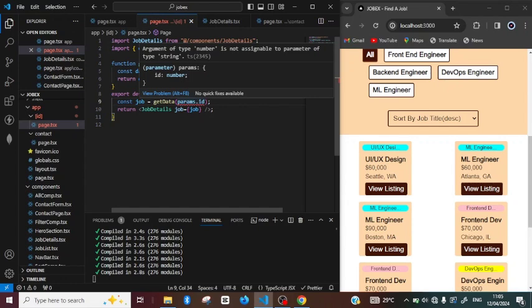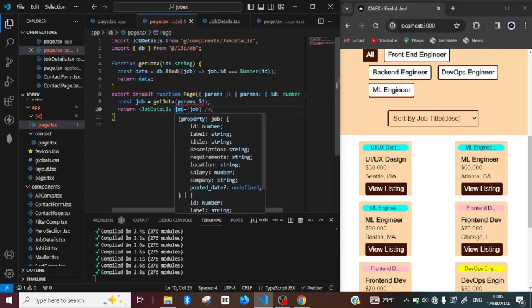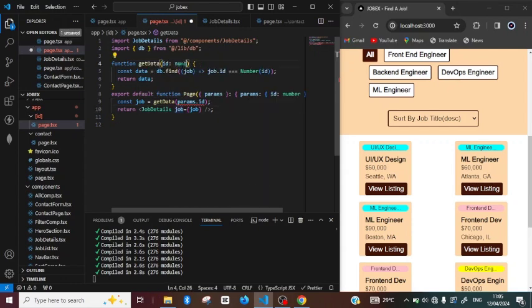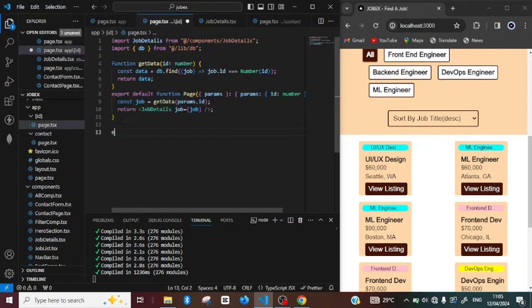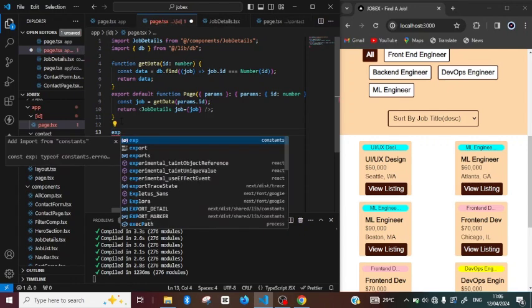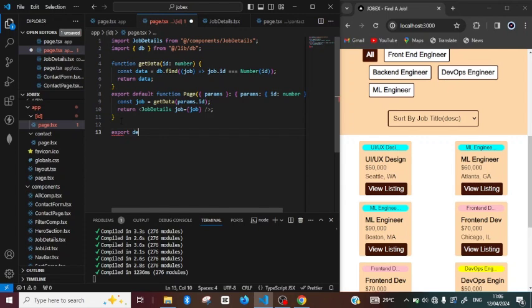Params, it said argument of type number is not assignable to parameter of type string. So what we're going to do is set this to number. Okay, so the error is gone. Now in our page.tsx, we're going to be putting our metadata, that is export default